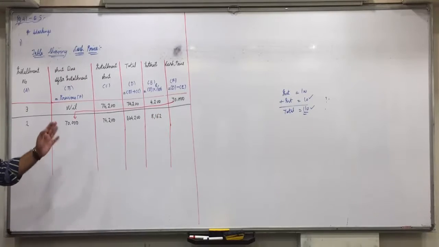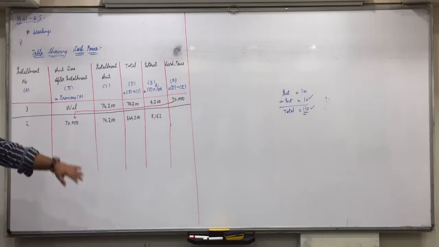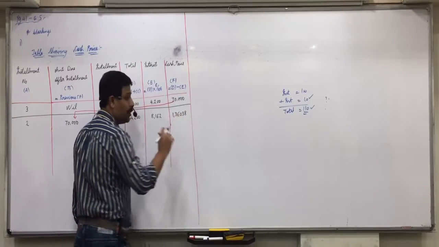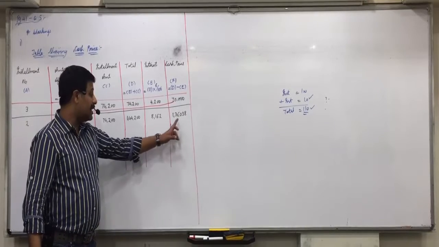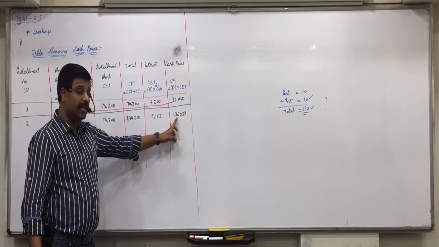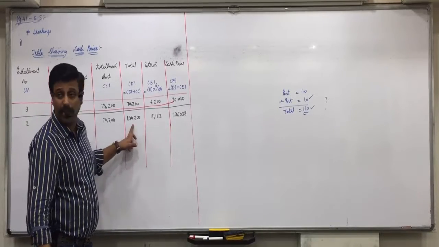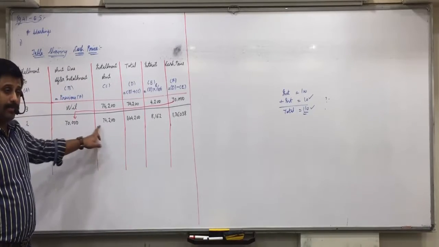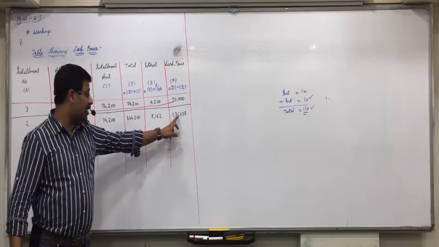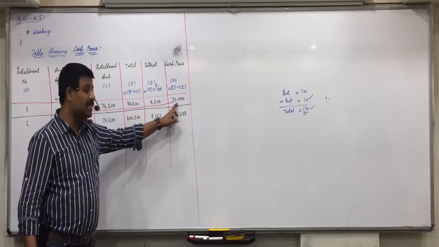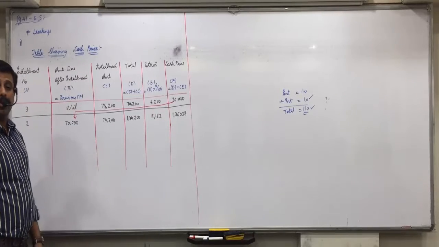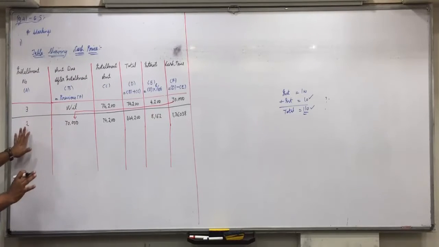8,162. And 144,200 minus 8,162 is 136,038. Now tell me one thing. This 136,038 we calculated out of 144,200. In 144,200, these two amounts were included. So does this 136,038 already include this 70 or not? Yes. It is a cumulative amount. Okay, it is the cash price before the second installment.